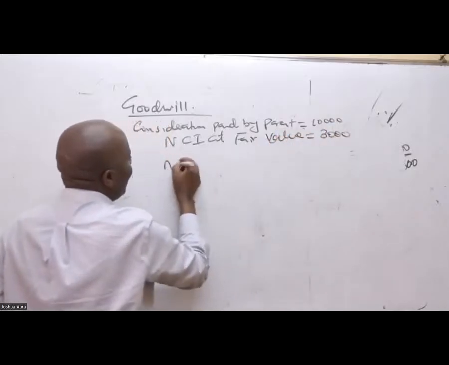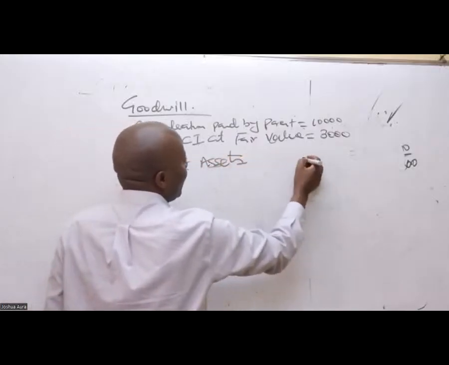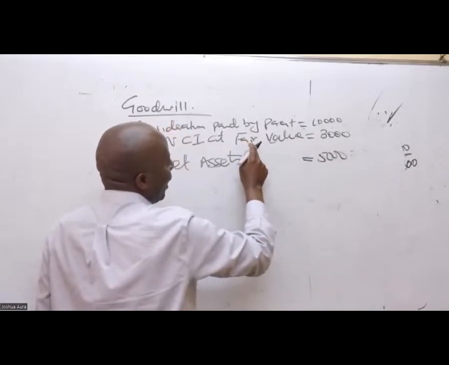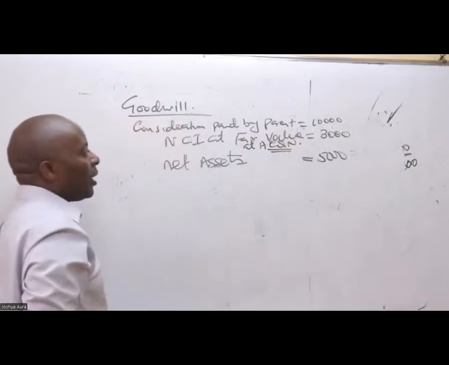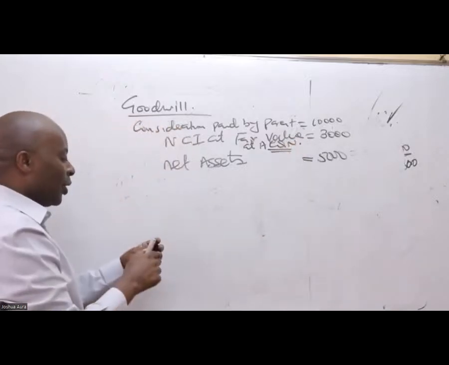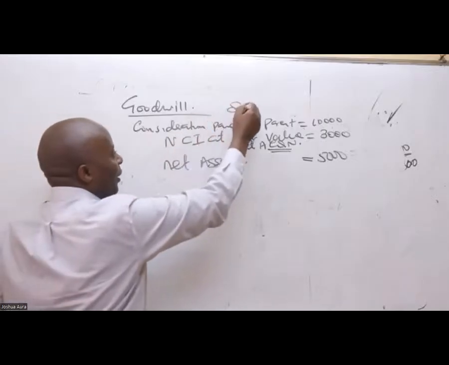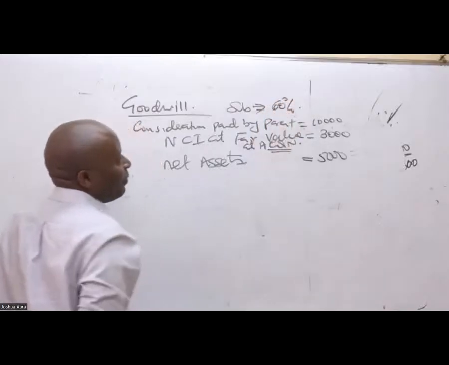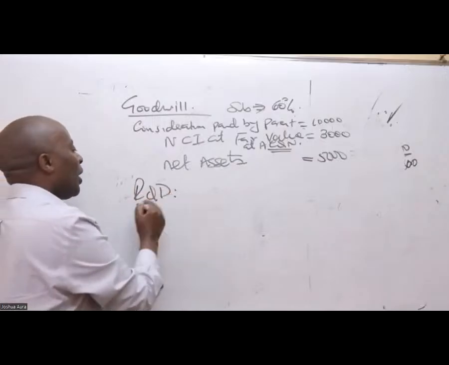And then you will have net assets. Net assets, in this case here, 5,000. So this is NCI at fair value at acquisition, remember. So if, for example, you're given this kind of analysis and the subsidiary is basically a 60% subsidiary, and then you are required to calculate